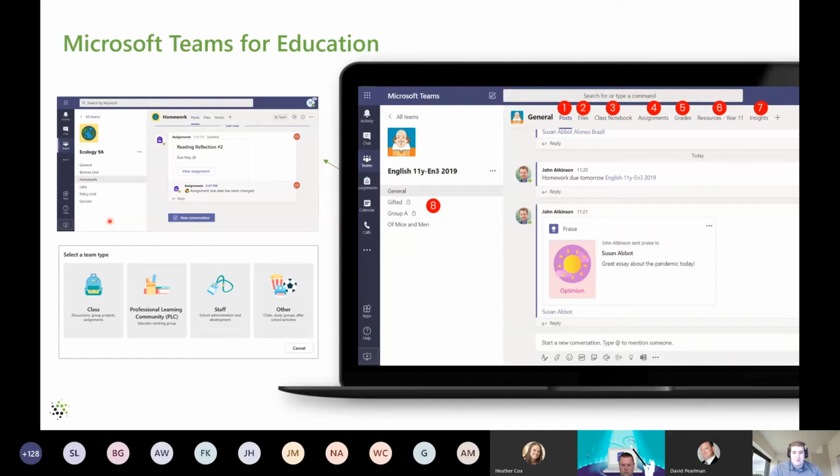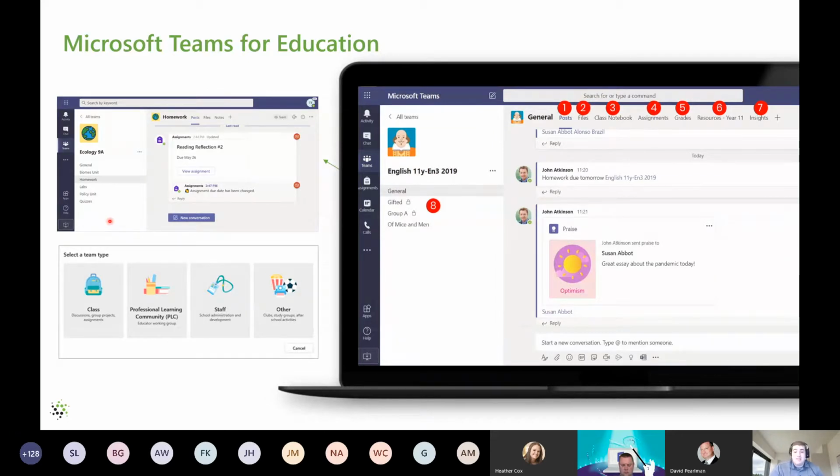A lot of core features to the education experience are around the ability to have teams that are specific to classrooms, staff teams, professional learning centers, or just everything that is specific to the education industry.